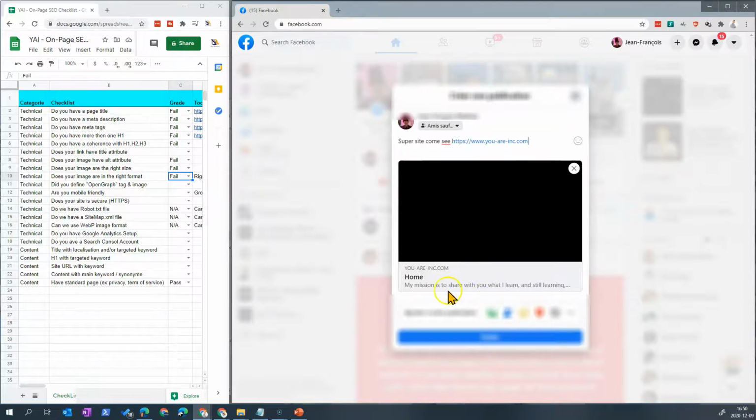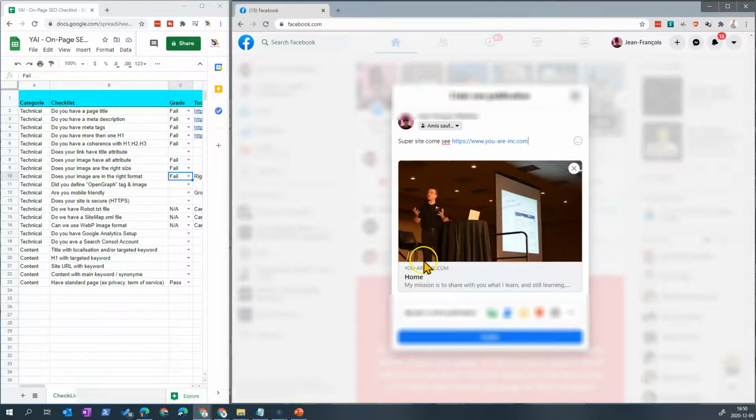You see that it's doing well, but you see home here, and it takes the first image. I can choose to override this image that is shared with the Open Graph image. I didn't use it, but it's a best practice to use it. So I will create an image for it, and you will see that the next time we test this, we will have a better rendering of it.